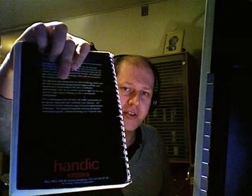If you look here at the back of the Swedish user guide, the machine was actually distributed by a company known as Handic that was placed in Gothenburg. And this Swedish user manual,